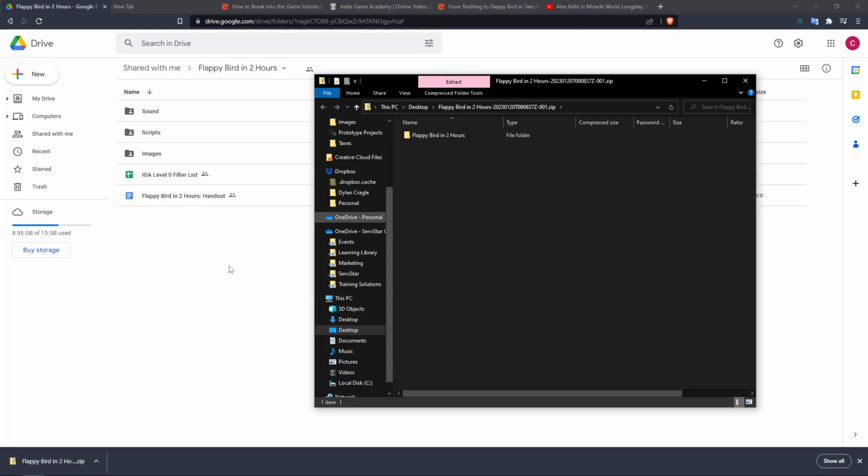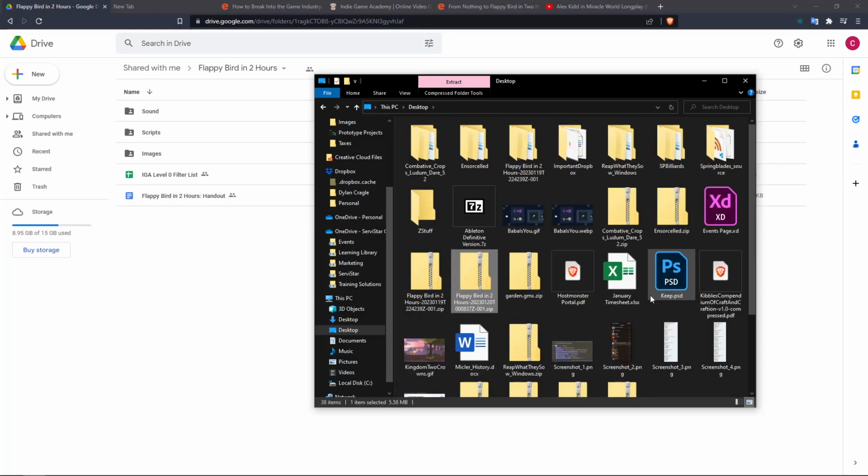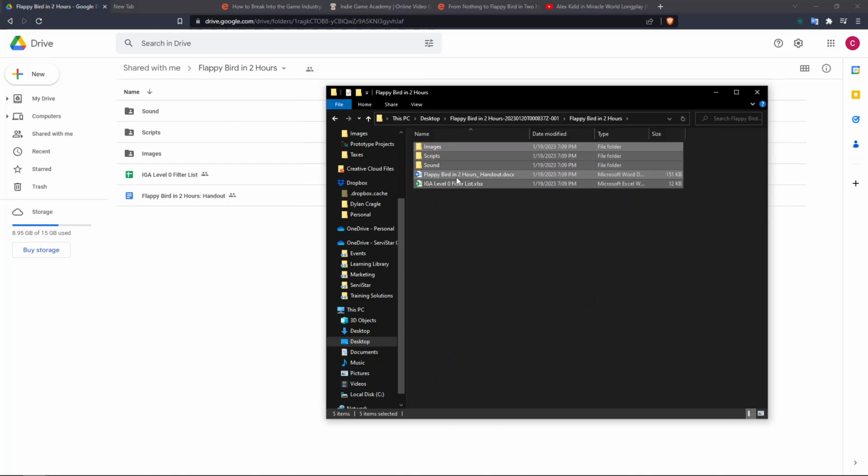For Mac, all you have to do is drag this straight into Unity. But for Windows, we specifically have to extract it first. So if you find that folder, right-click that, and hit Extract All, and it'll come up with this prompt, hit Extract. And a new folder will appear that is extracted, and we can see all of these images, scripts, and sound folder right in there.